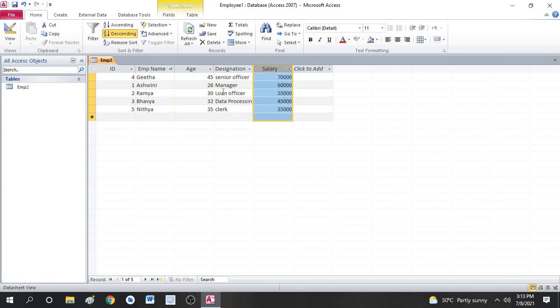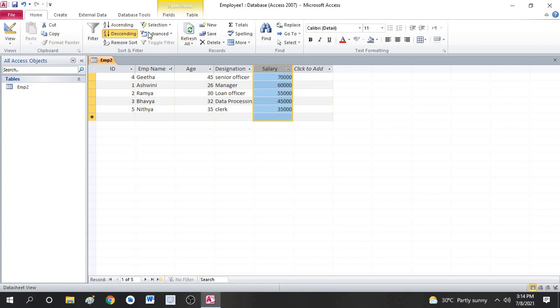Along with this, the names and the related data are also changed. When I sorted in ascending order, the salary column changed as well because it is related to this data. Again when I select this column and click on descending, it got shuffled, because the related data changes according to the changes made to that particular field.